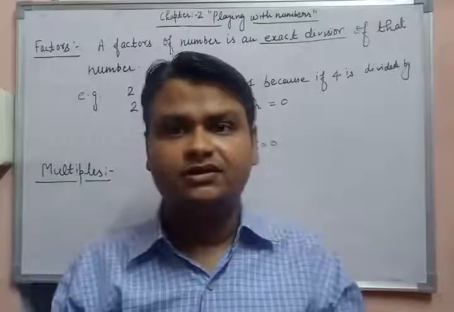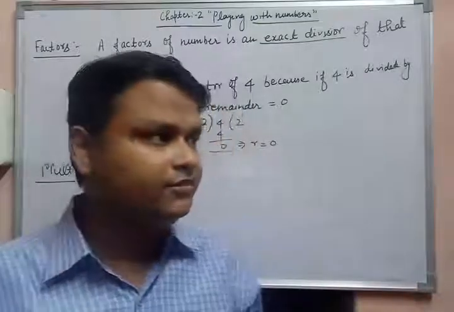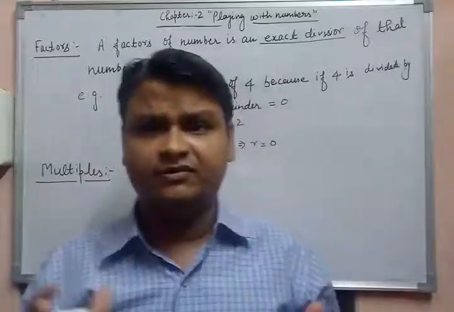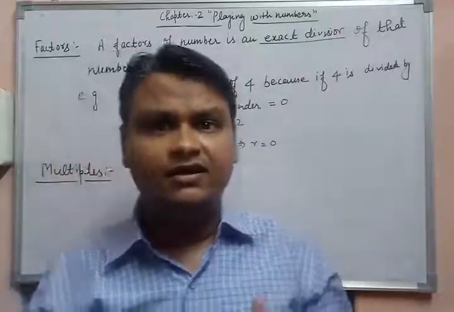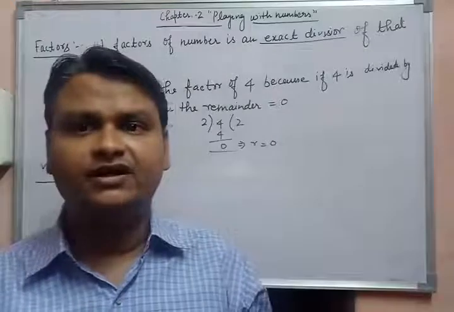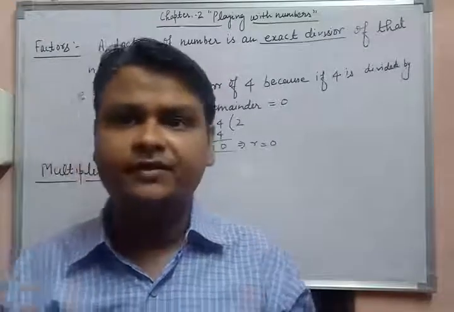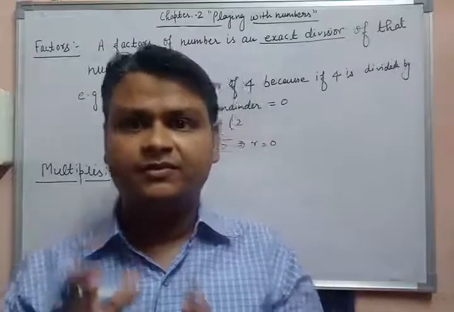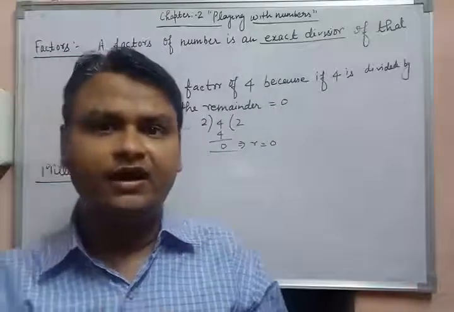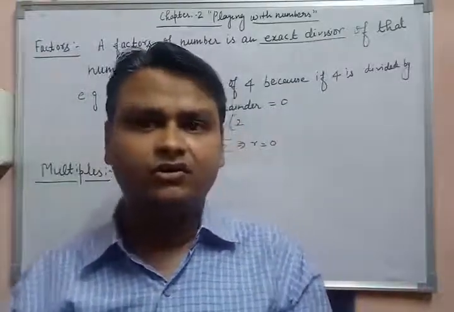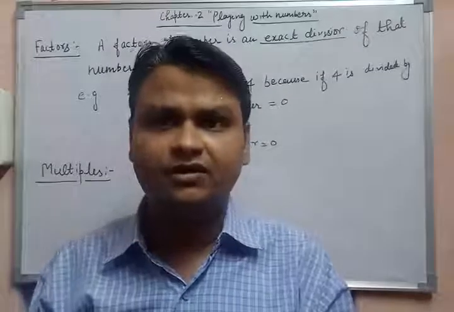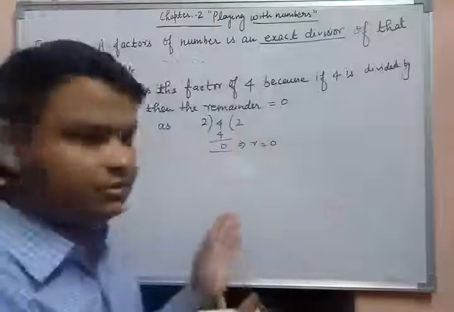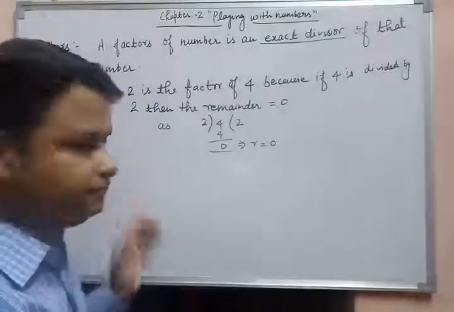It means for example, if we multiply two numbers like 7 and 8, if 7 and 8 are multiplied with each other, then we will get the product 56, and 56 is the multiple of both the numbers. It means 56 is a multiple of 7 as well as 8. So this is the concept of multiple. Okay, so now we have to write the definition of multiple.